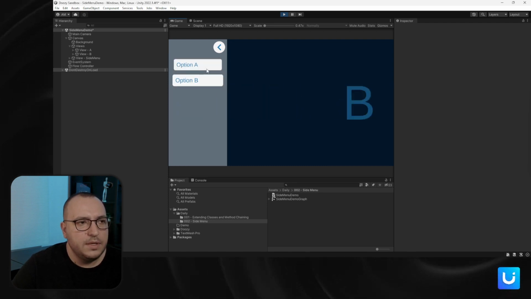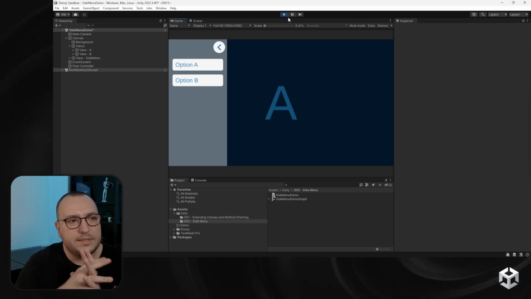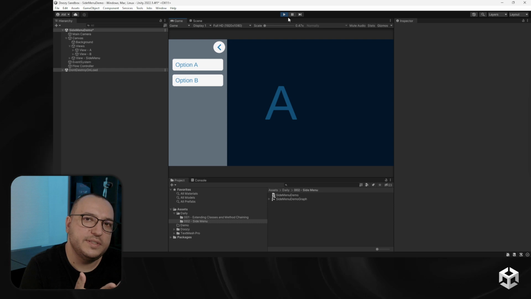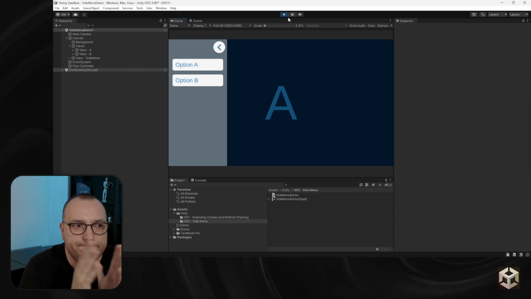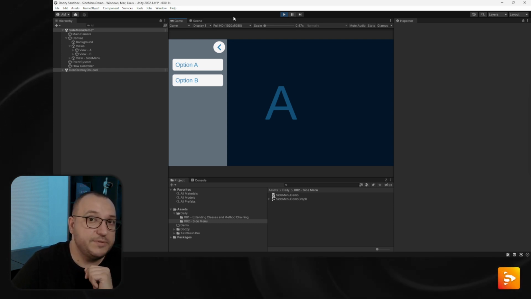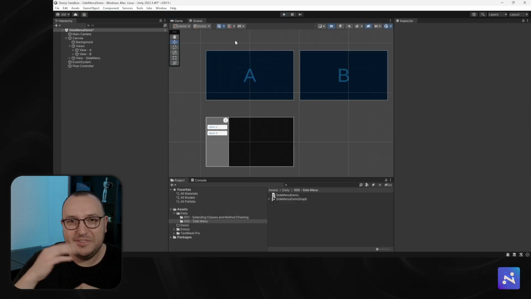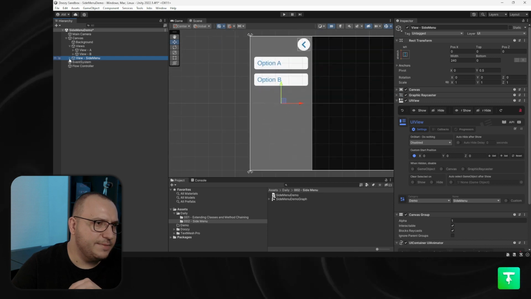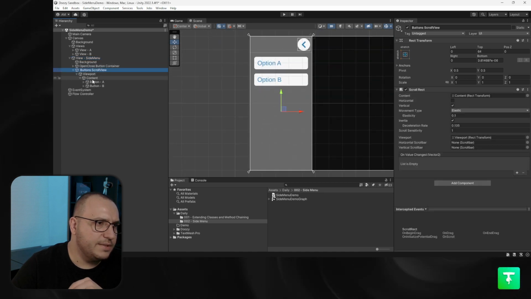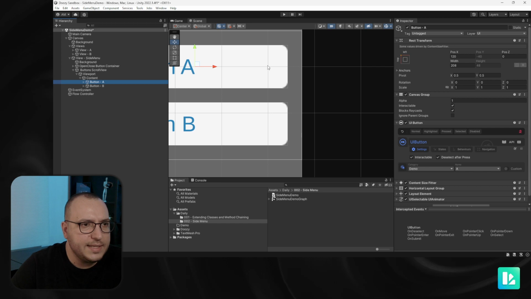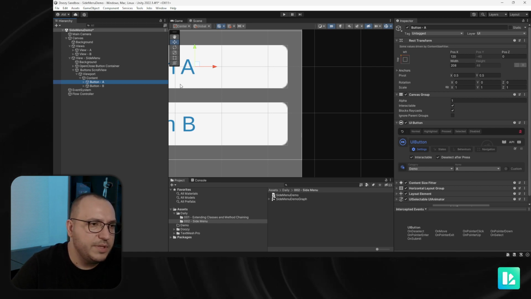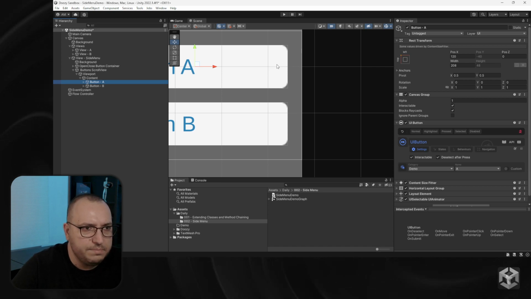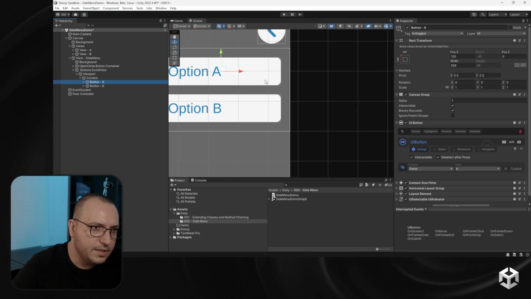All right. Now, let me show you some more advanced stuff. Let's say I want to have an indicator to see what option is enabled. How would I do that? Well, that's very easy, actually. Again, you do not need to write any code. So let's go to our side menu buttons. All right, and let's just play with this button. Let's say I want to add an indicator here, or maybe an underscore under the button. But let's add a bump here, and so I know which